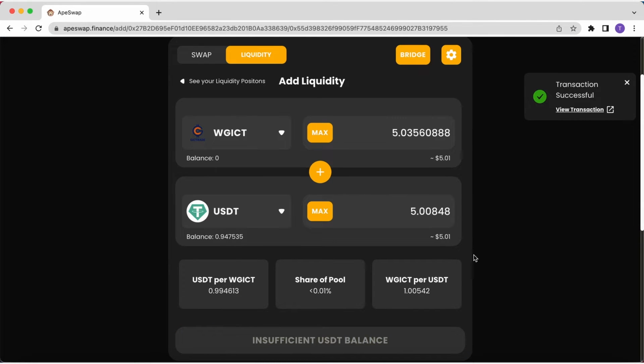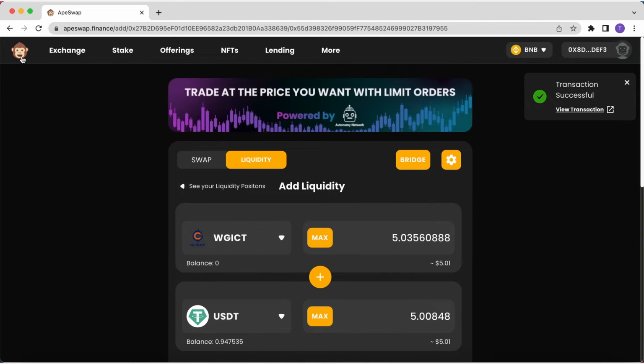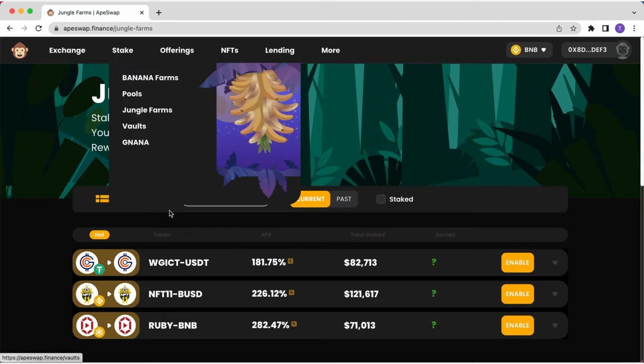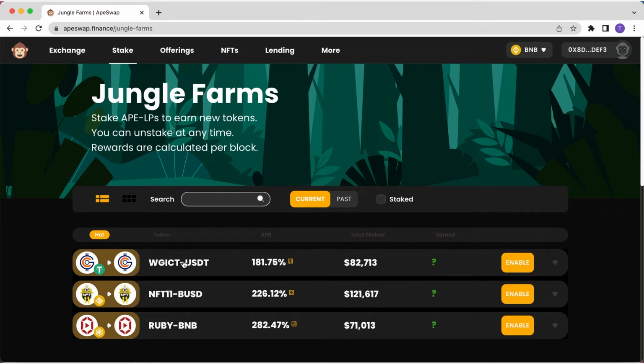Now, you should have the LP tokens in your wallet. So, go back to ApeSwap's homepage, and in Stake, click Jungle Farms. There, select the farm you want to add LP tokens of. In this case it's WGICT and USDT, so click it, click Enable, confirm it in your wallet, and stake the